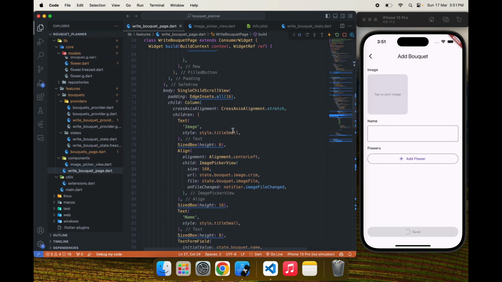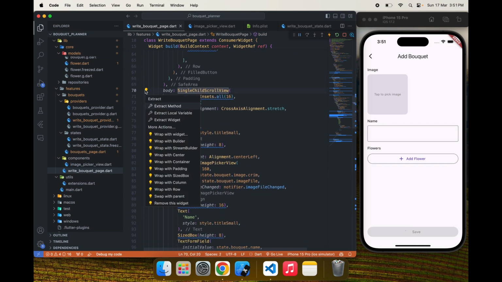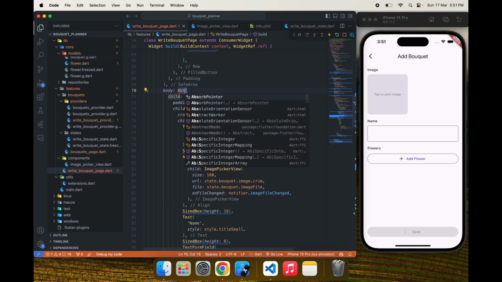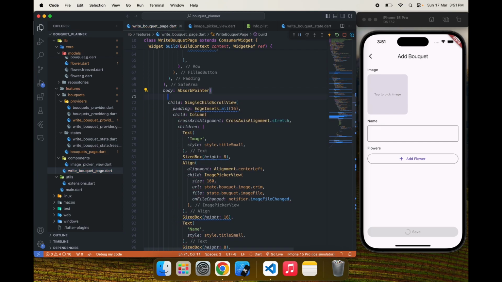Yeah, also we can disable all the fields, but we can do also like this, absorb pointer, then state dot loading. When loading is there, you can check like this. If I enable loading, then I can't do anything. Yeah,